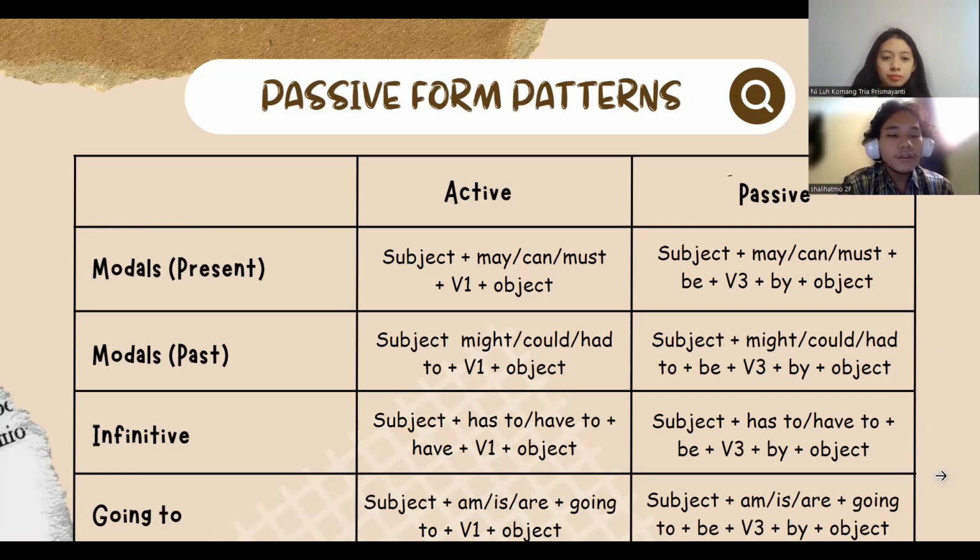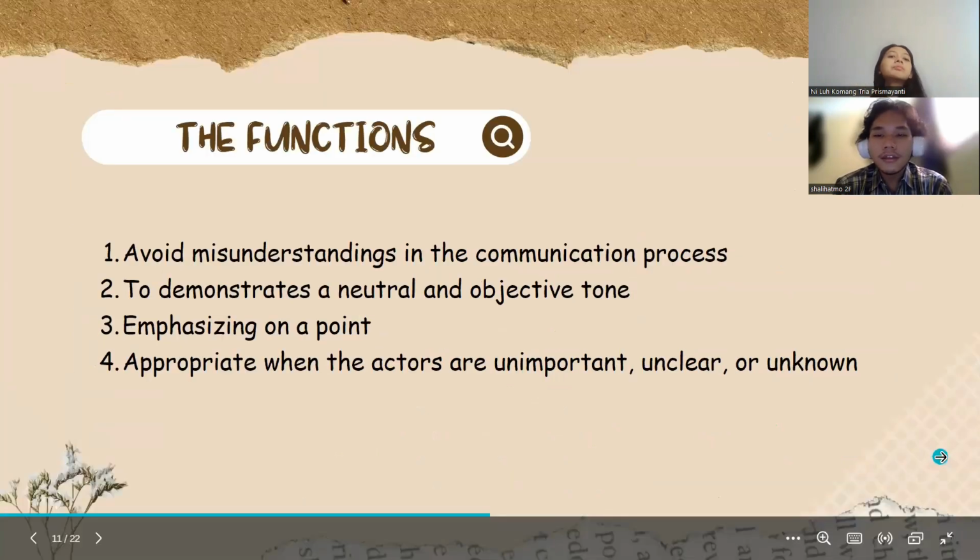And going to active is subject plus am or is or are plus going to plus verb 1 plus object. And a passive is subject plus am or is or are plus going to plus be plus verb 3 plus by plus object. And next,